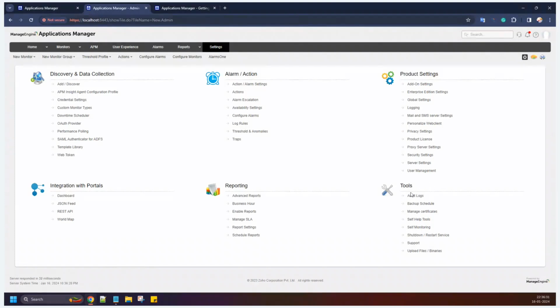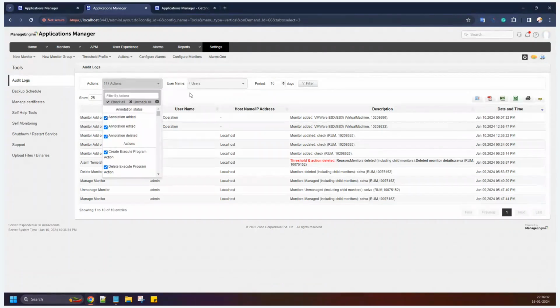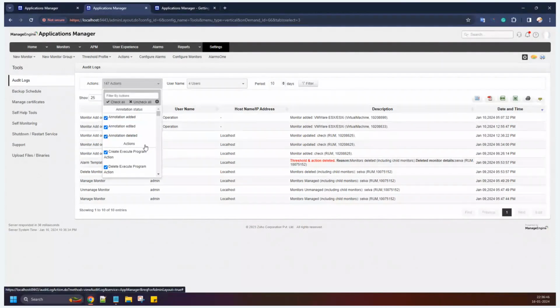And now when it comes to the tools under the settings, we have the audit log, the first one. So here you can verify the operations that users are performing. Based on the time period and the respective user, you can view all the operations, starting from adding a monitor, deleting a monitor, configuring alarms, or configuring a threshold profile, deleting a threshold profile, or in case the